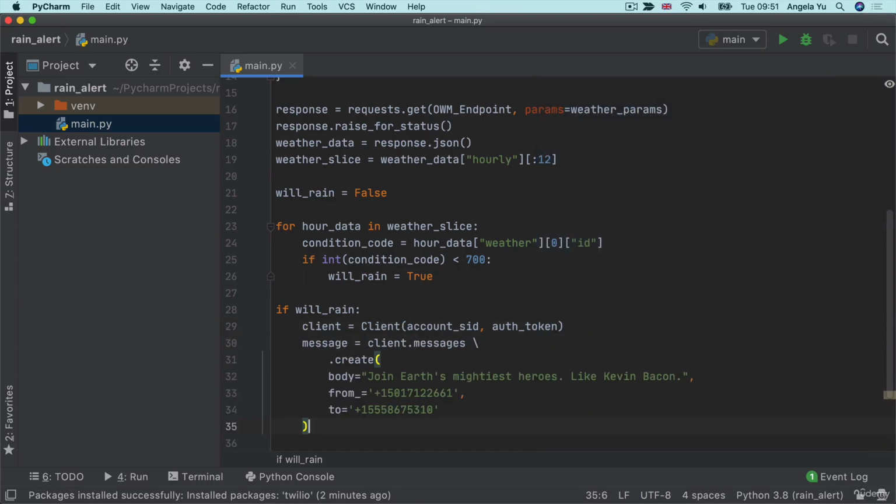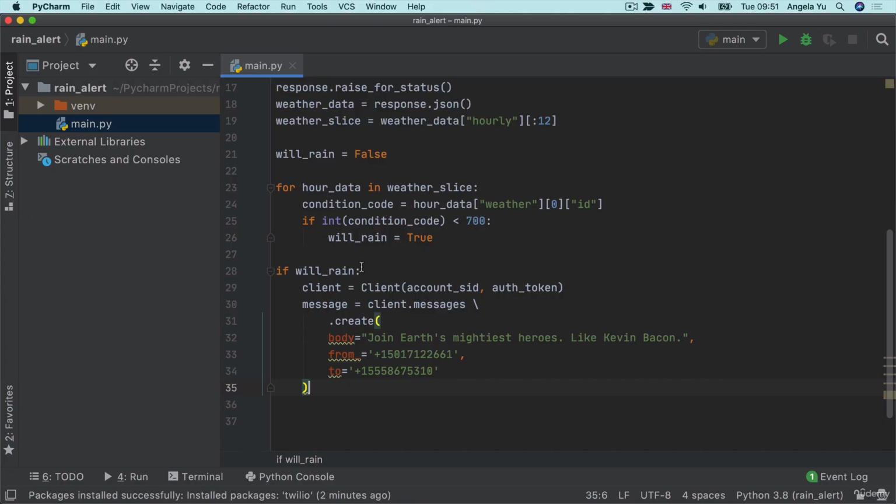Next, we're going to create our message. So this is the message that we're going to send ourselves. The part that we need to change is the body. So this is the text that we're going to send ourselves. And then we're going to change the from field to the telephone number that we got from Twilio, and the to number to the telephone number that we signed up with Twilio with. So let's do one thing at a time. The message that I want to send myself is,